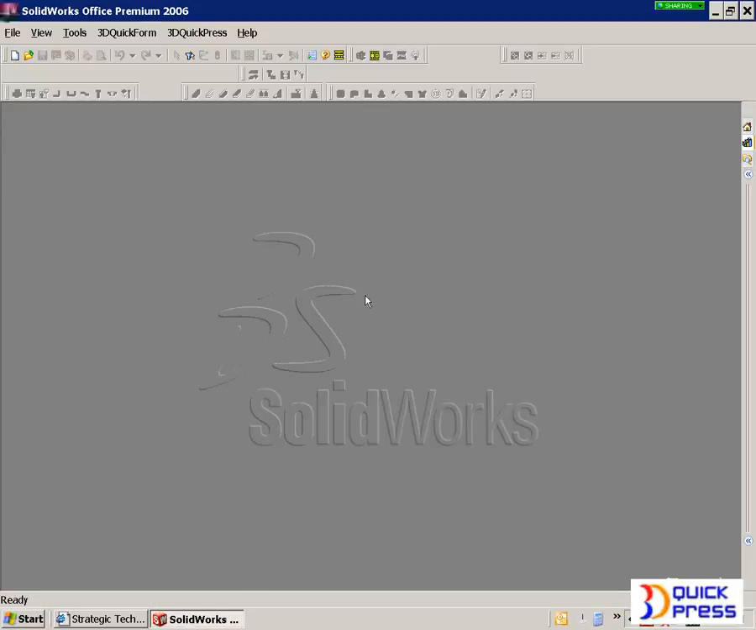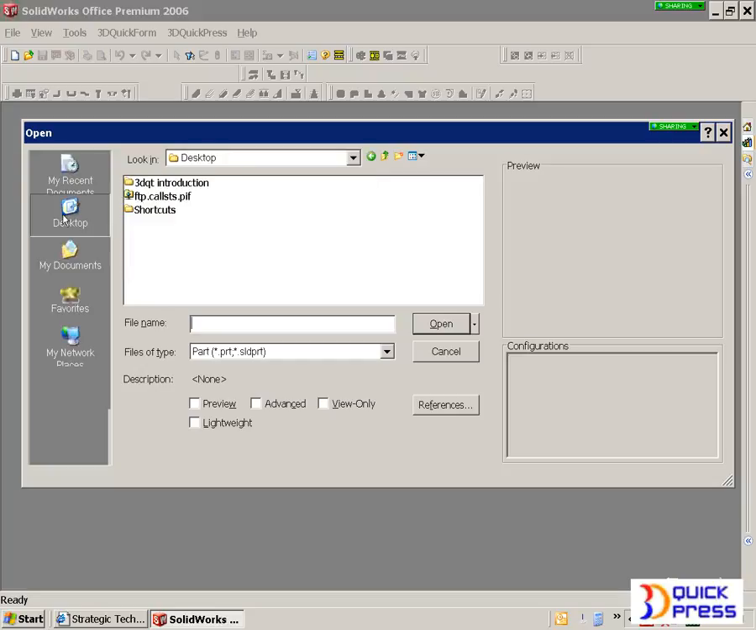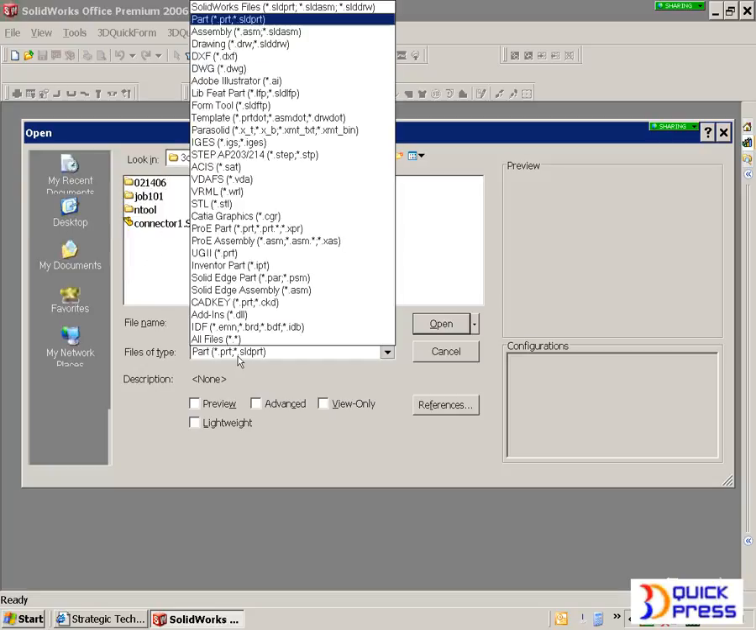Going to jump into SolidWorks here. I'm going to just go up here and say File, Open. SolidWorks gives us the capability of pretty much translating any type of component. So all I have to do is go down to my file types, and you can see that you can